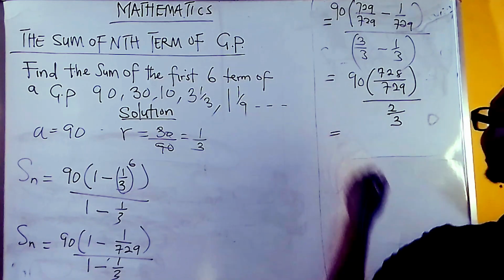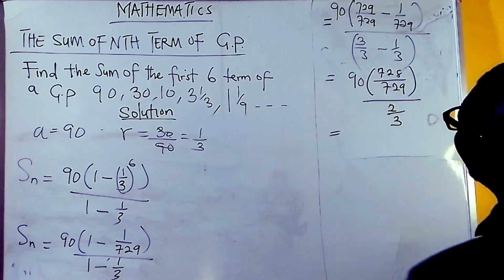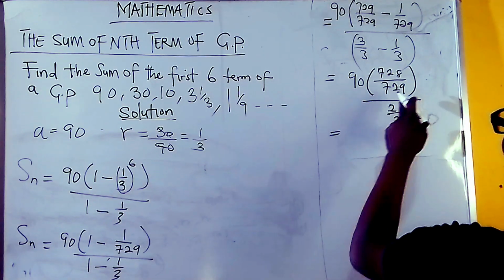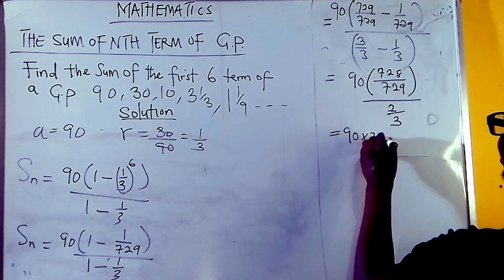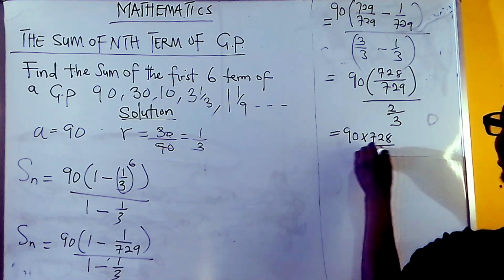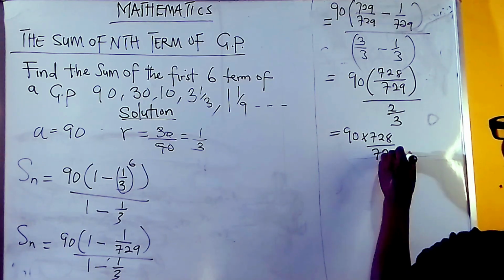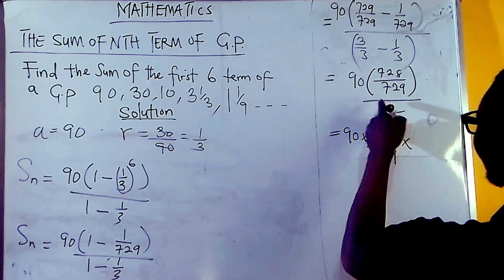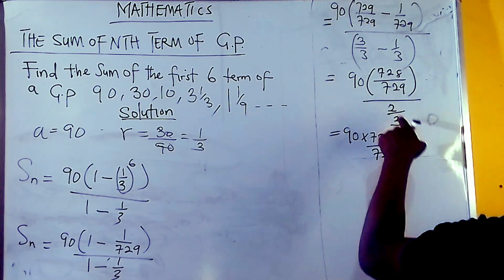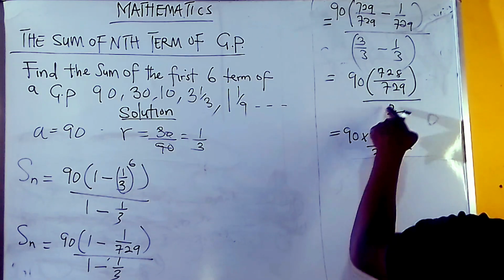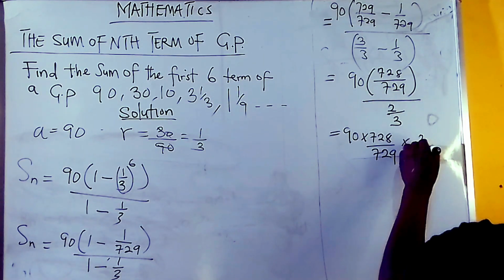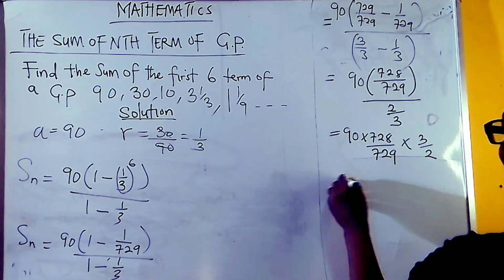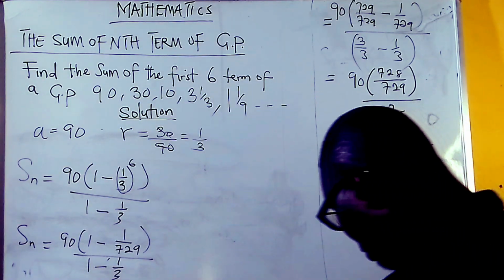So at this point, you still simplify. Now this is multiplying this. So you have 90 times 728 over 729 times, since this is the division sign, this 2 over 3 will be inverted because of the division sign. So we will now have 3 over 2. So at this point, you use your calculator to multiply,